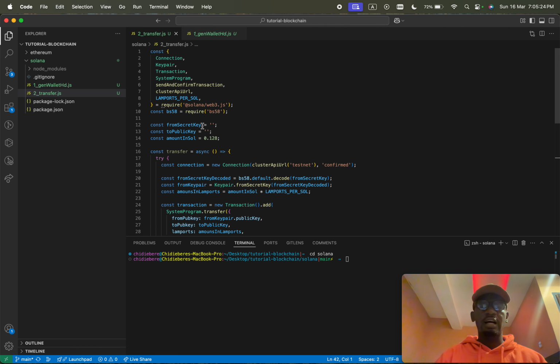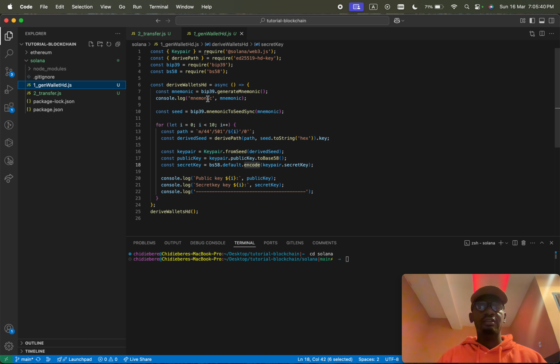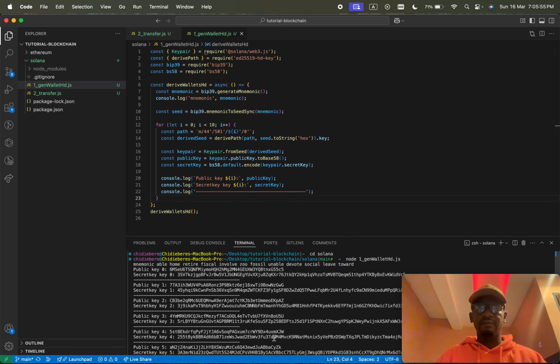Once we have all of these things set up, we can proceed to get the values of these variables: the secret key, the public key, the wallet address we are sending to, and we already have the amount. To get this secret key, we can get it from the first course that we did, in Node.js. So once we have our public keys and secret keys,